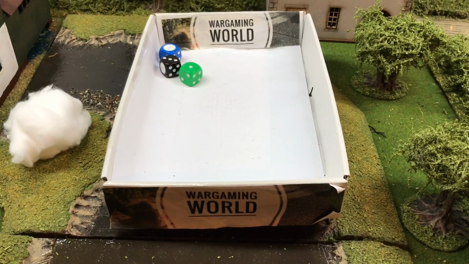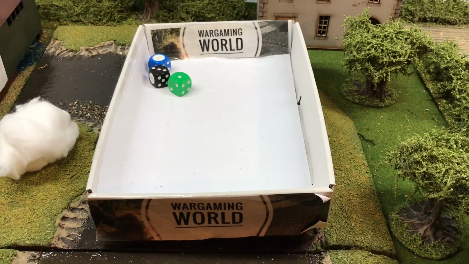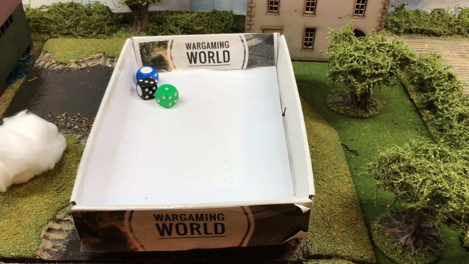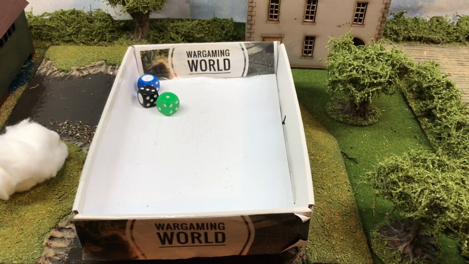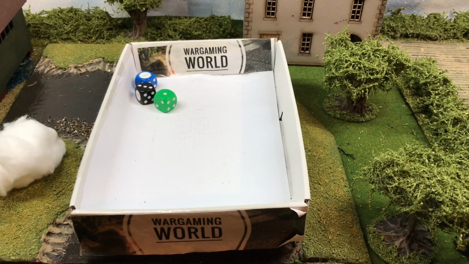Right, so the blue dice was the boys, which means he's killed, unless, of course, one of the casualties is going to be the officer. I don't think it can be there, so no, I'm going to say the boys is killed, and so we need to do a bad thing now because we've lost a